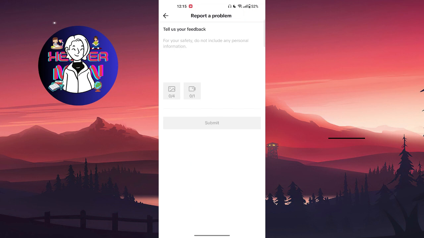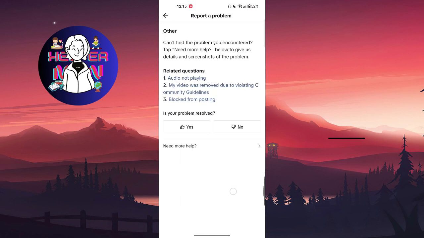Here you're gonna describe your problem like, hello TikTok support team, please help me in fixing that my photos can't be swiped on my TikTok, and I will be very thankful for this. And after you did it,